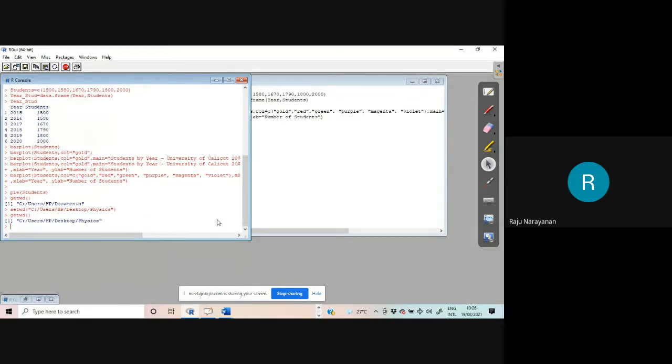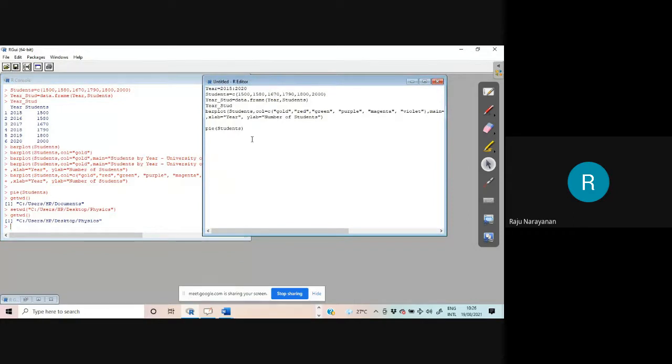Whatever things I do, it is better for you. Suppose you are working on different problems. If all are saved in the same folder, you have to waste your time to identify the file. Therefore, project 1, you put it in one directory. Project 2, another directory. Project 3, another directory. To know the current directory, you write getwd, get the working directory. With setwd, you can set the working directory. Okay, that is another thing. You play your game on that.